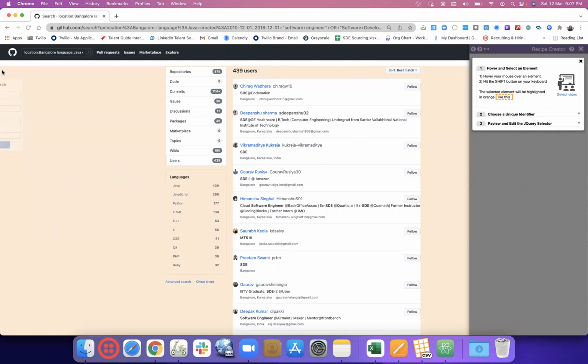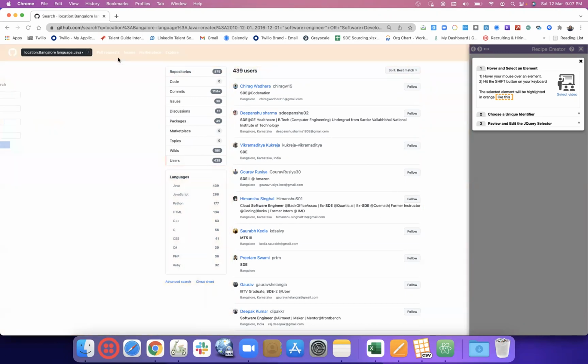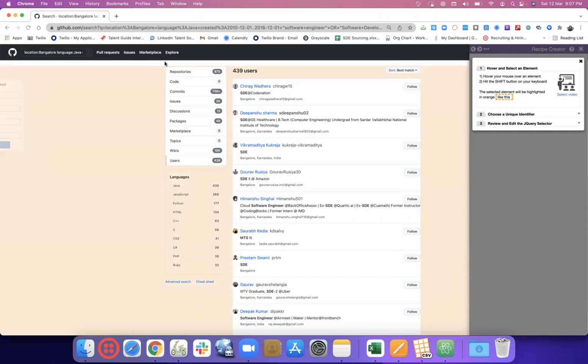So similarly, this is also a bigger box. Then under this box, we have this box, and this box. Then under this box, we have this box or this box. There are two boxes in this box. In this bigger box, I don't know how many boxes there are, but one box, two box, this is one box, and this is one more box. Again, under this box, we have one more box and one more box. Now, this is the box where we have the user name, user ID, bio, then location and email ID.